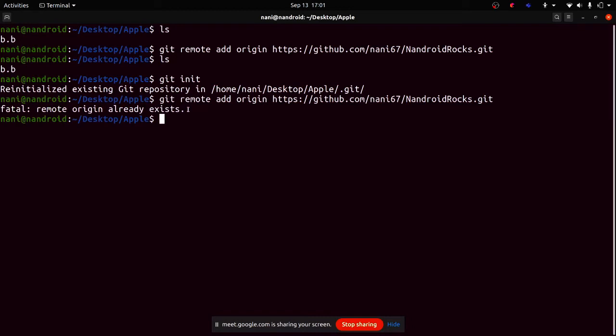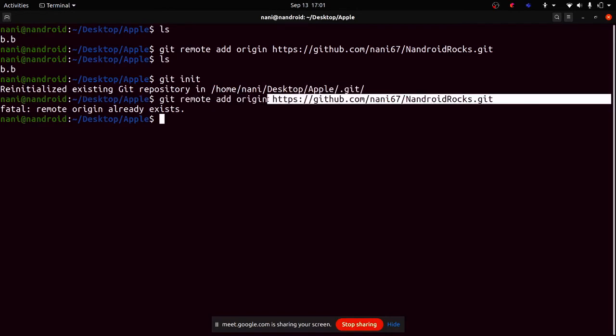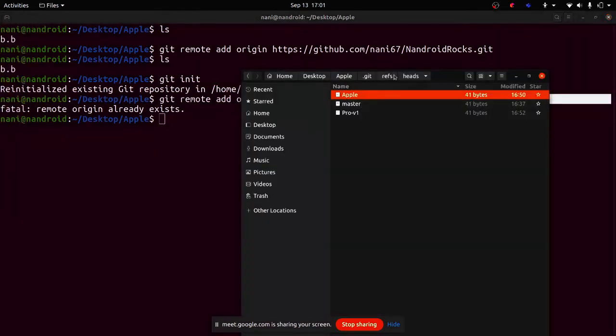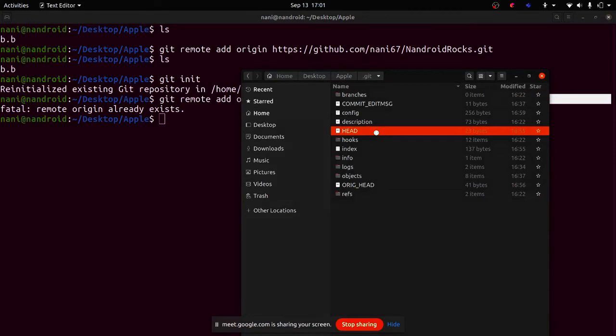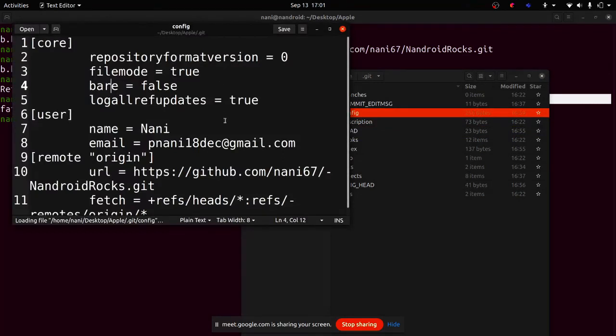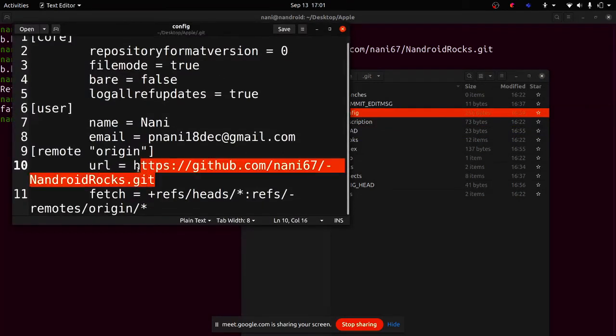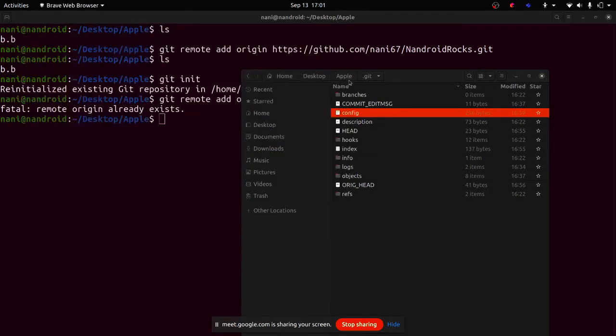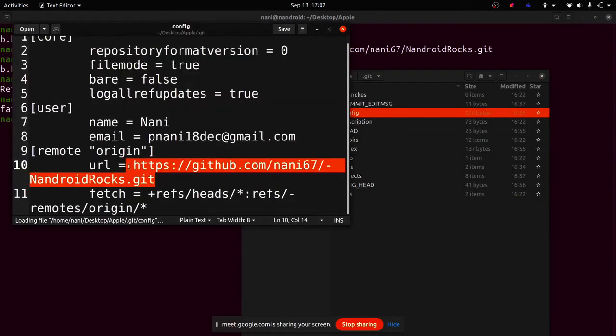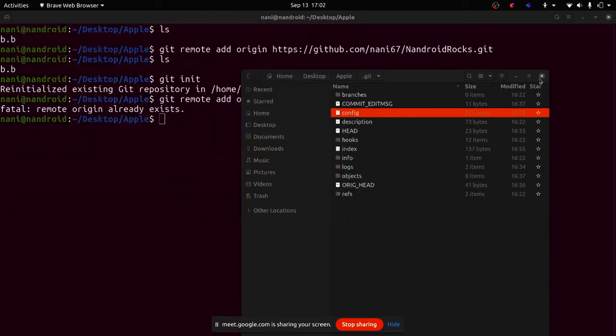When you use git pull and git push, like when you download code from another person, you can't change this origin as your own. You can change it by going into this folder, and there is something called config, I think. Yep, so this is the URL. You have to change it manually like this, but most people don't know about this. So what they can do is remove this particular file and then add their own origin.